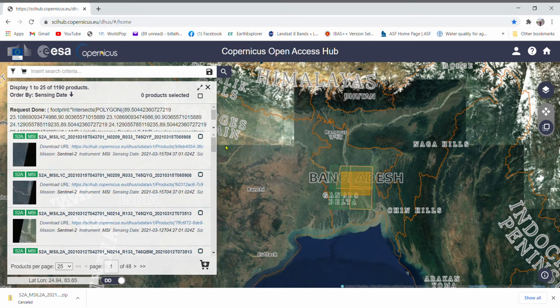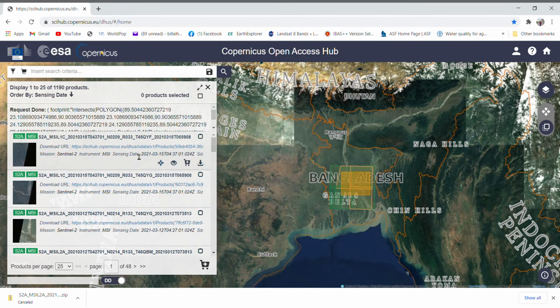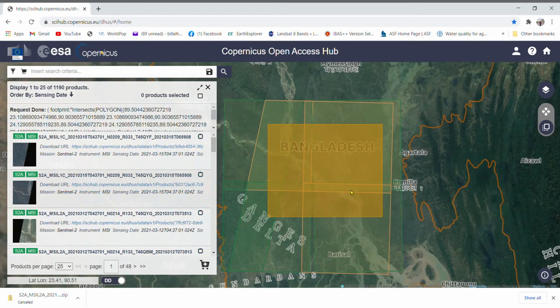It takes some time. So as you can see, there are so many data. Actually there are many data because of the data on different dates. For example, you see this data is March 15, this data March 15, and this data March 12. And the important thing is, this is my study area.